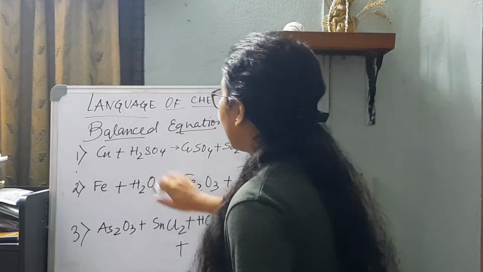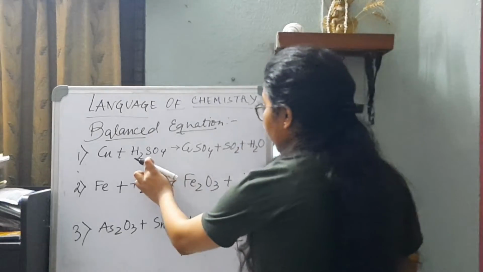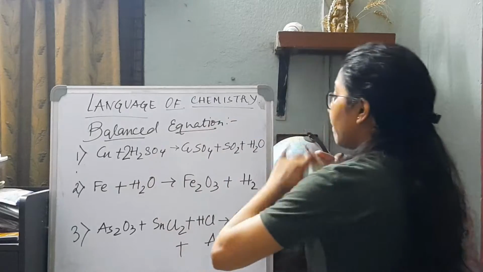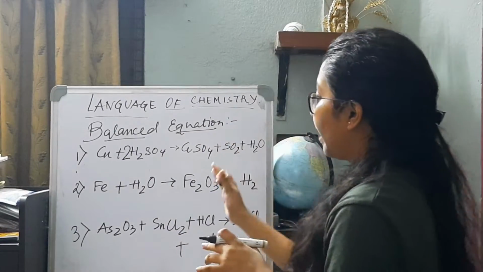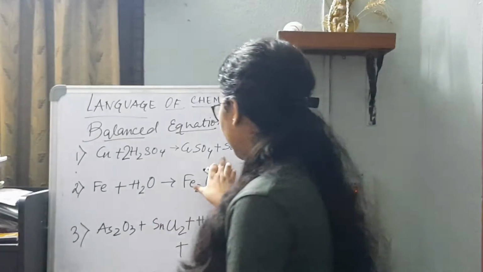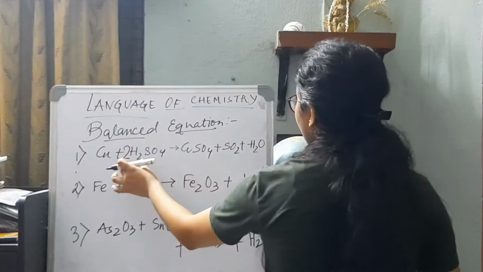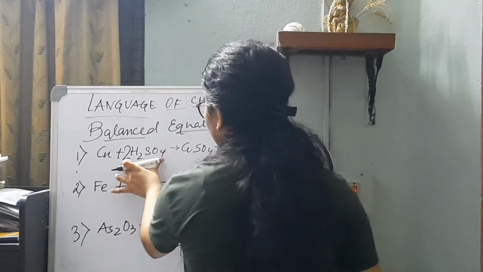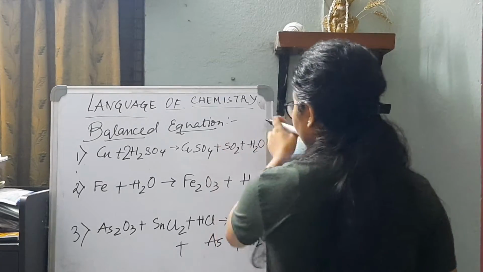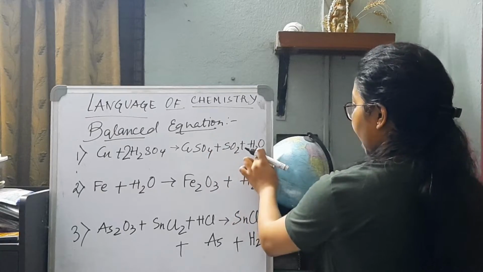So let's start with sulfur first. We can see that 2 sulfur atoms are present here, and only 1 sulfur atom is present there. So let's make this 2. The trick is we will try to make the odd parts even in general first. So this one was odd, so we put 2 of them. Now there are a total of 8 oxygen atoms on this side, and on this side we have got 6 oxygen atoms and 1 more.